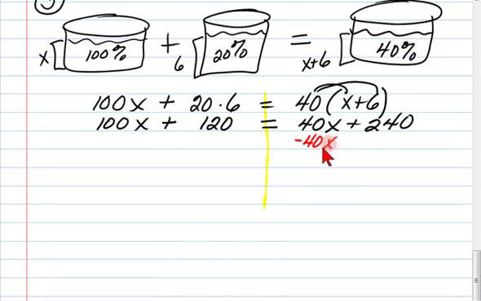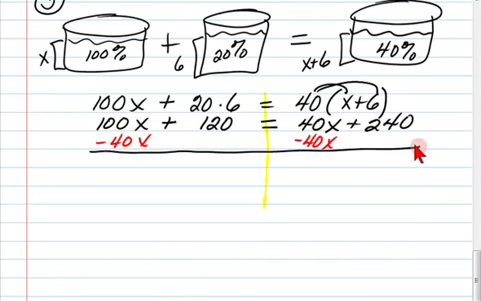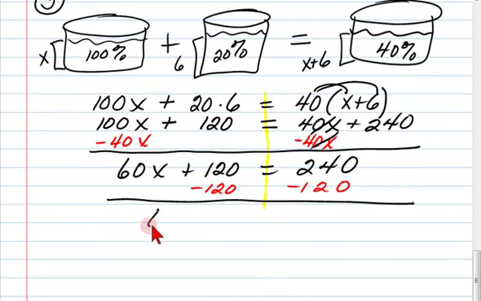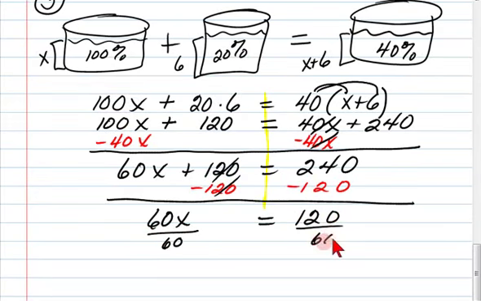I'm going to subtract 40x from both sides. That gives me 60x plus 120 is equal to 240. Now I focus my attention on the left-hand side, and I need to get rid of the constant, so I subtract 120. That gives me 60x is equal to, I have a leftover 120, divide by the coefficient, which is 60, and